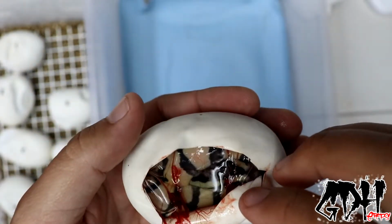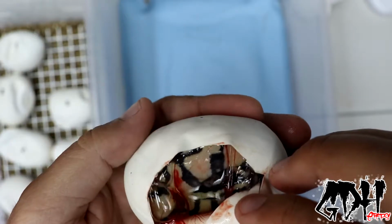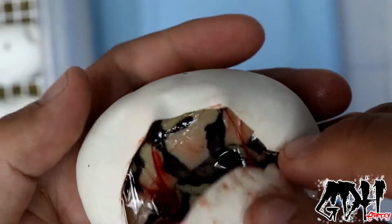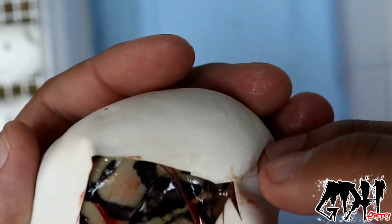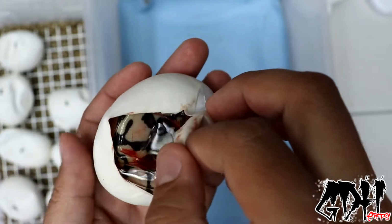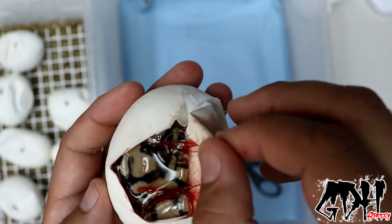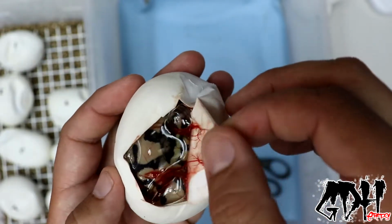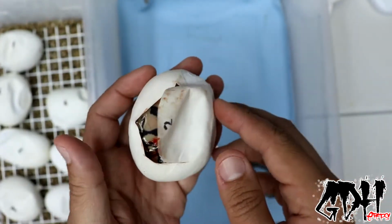Doesn't quite look DG. I mean, it looks DG in the egg, but from my previous experience, I don't believe that's a DG. Looks really promising, but again, not until I see it come out, because it fooled me last year, so I don't want to jump the gun. I would expect more of a blushed head, even though it's a really good example. But the father